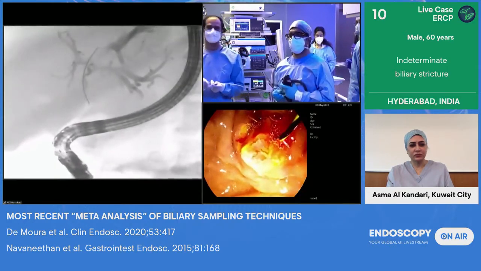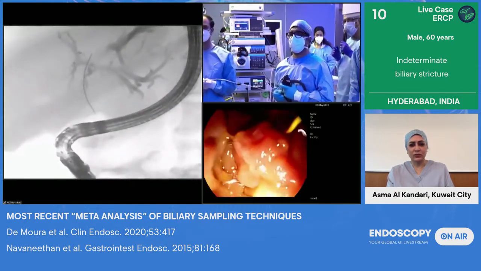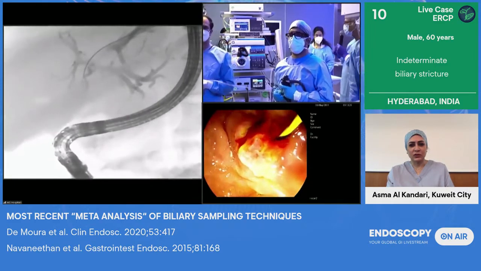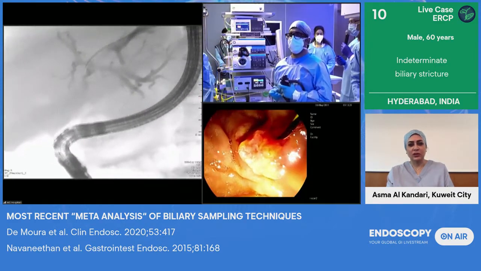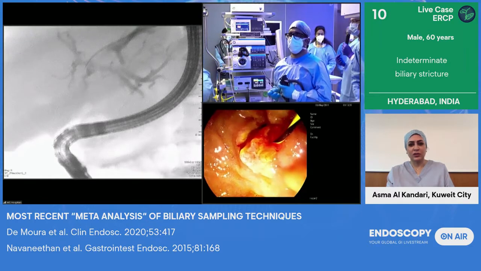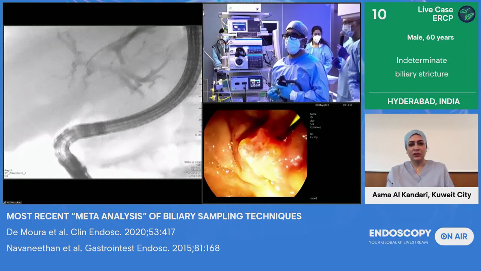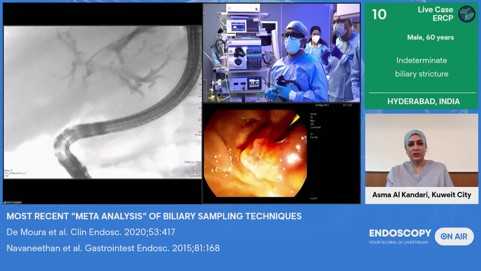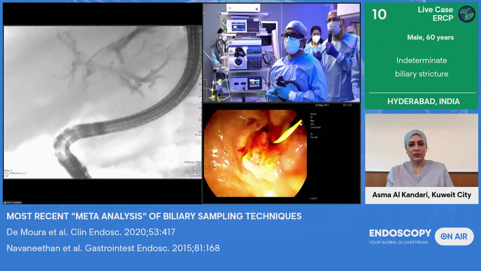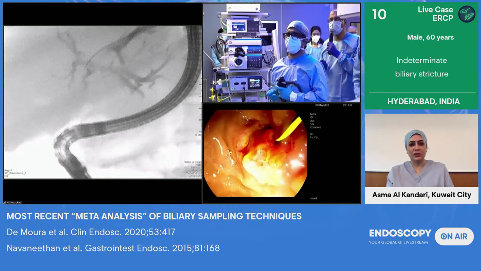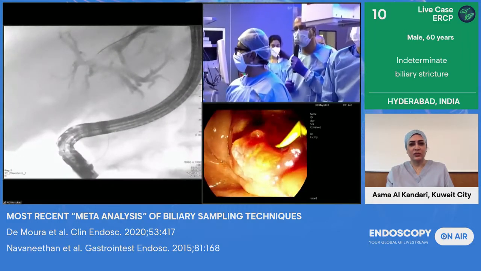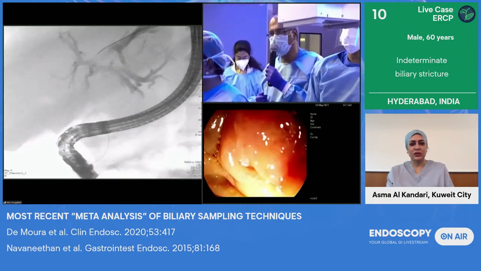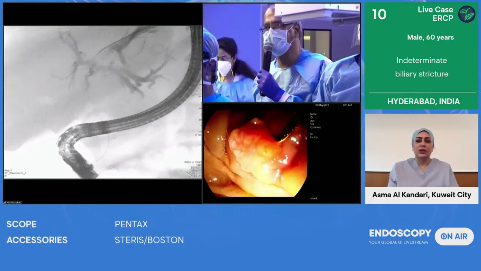I think, Asma, the question that you asked is that because we are doing ROSE now, our pathologist, Dr. Anuradha, is waiting here for the specimen, and she'll tell us immediately. So that's the reason why we can increase our yield by this ROSE technique to almost 80%. Otherwise, if we do conventional, as you said rightly, it's only 60%. We can also use a more costly technique of spyglass cholangioscopy, which we found to be useful. And this is a paper that Mohan published in GIE.